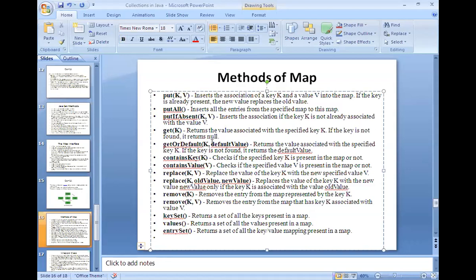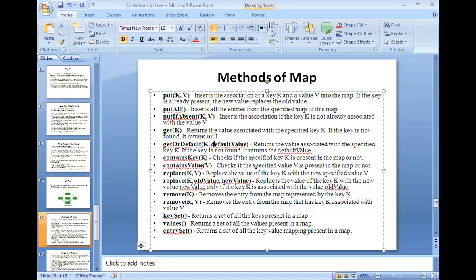Here an important method is getOrDefault, with default values, default arguments. You might have heard about default arguments. What happens in that case? If you supply a value for your argument, it will be used. If you don't supply any value, but you still want to maintain a value for your argument, then we use the default argument mechanism. If you supply a value, that value will be stored for this key.